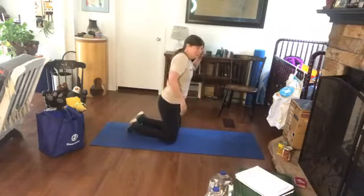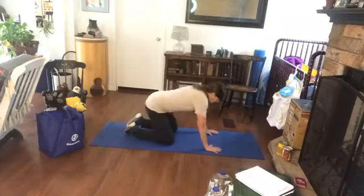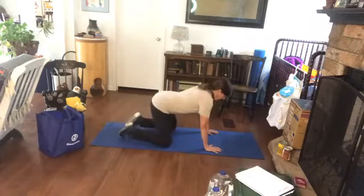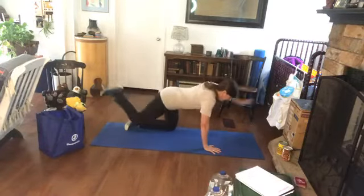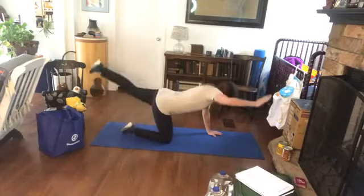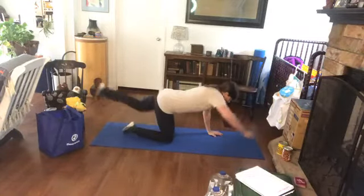Okay, come back if you're in the kitchen. Come back. All right, right to pointer dogs. You're either on the floor or hands in the seat of the chair. Do these with precision. Think quality of movement. Ready? And go. 1, 2, 3, 4,